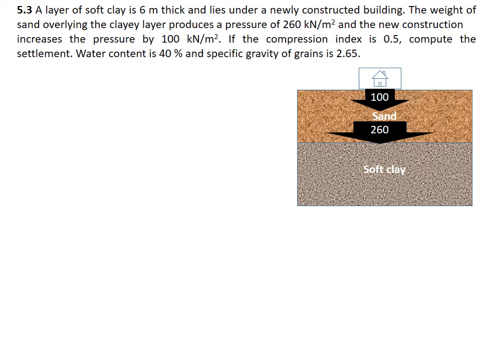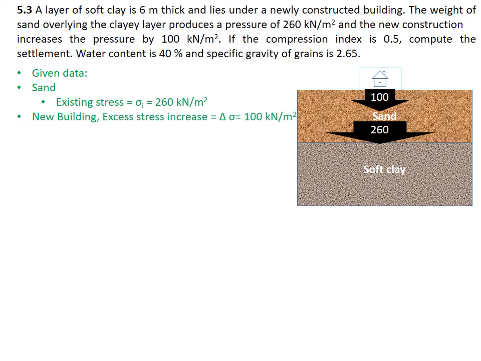So first, writing down the given data. For the sand, we have that existing stress we will call sigma I. So sigma initial or sigma 1 is 260 kPa. The new building will add some extra stress, so that increase delta sigma is 100. So as we know, the sigma final or the sigma 2 will be 260 plus 100, that is 360. Now for the soft clay, the data is H 6 meters, Cc is given 0.5, water content 40, and the